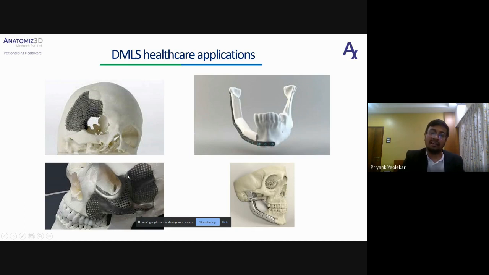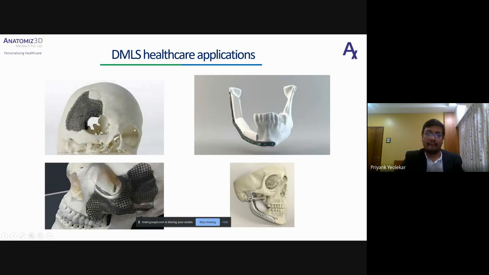So you can design your implant in such a way that if there is a high load area, there you can have your implant very rigid without any holes, and at other parts you can have holes so that the entire weight of the implant is reduced. So this is how you can design your implant.